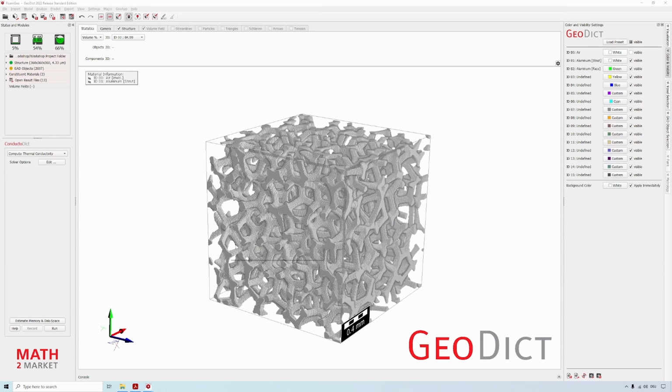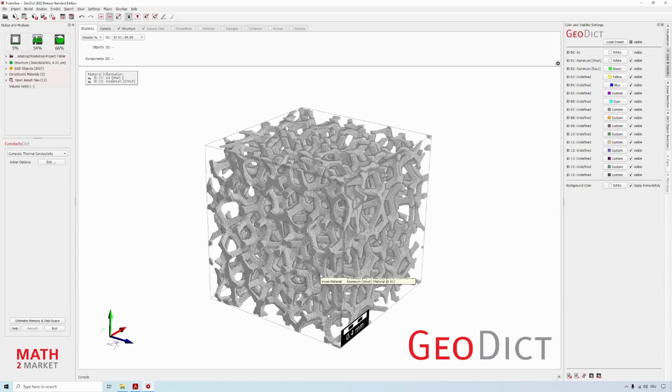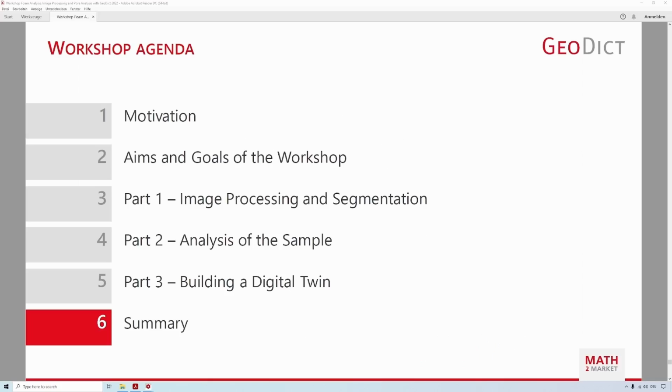Looking at the time, in the handout it's described in detail, doing the same simulations as before for the percolation path, for the flow simulation, for the tortuosity, etc. It's described in detail in the handout, so if you would like to do it, you can do it. For this workshop, the time gets close to the end. Since the time is getting close to an end, we will now have a short recap of the workshop.